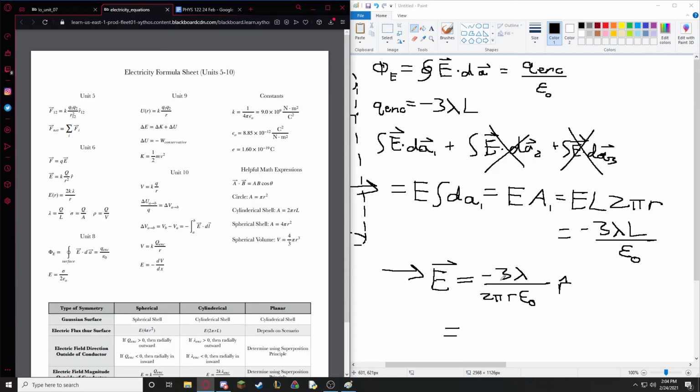Then we'll leave our negative 3 lambda up here, since that is what our lambda would be. We're not going to touch that. And then we have 1 over 2 pi epsilon naught, which wouldn't that just be 2k? So we have 2k over r. So we have 2k times our charge density, lambda, which in this case is negative 3 lambda,